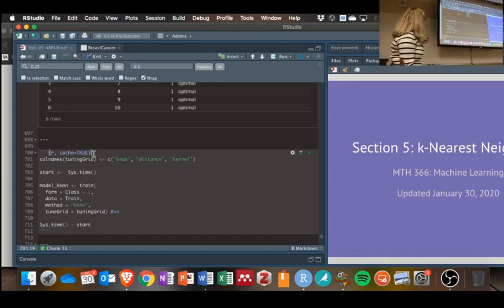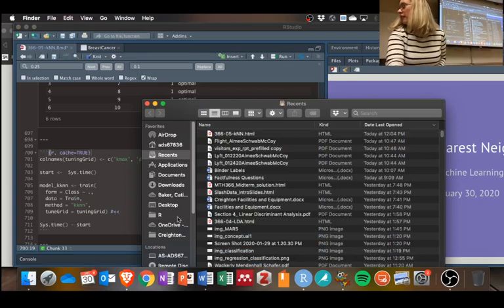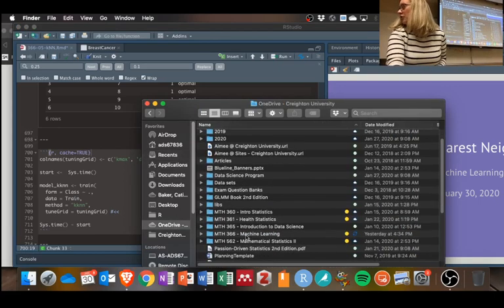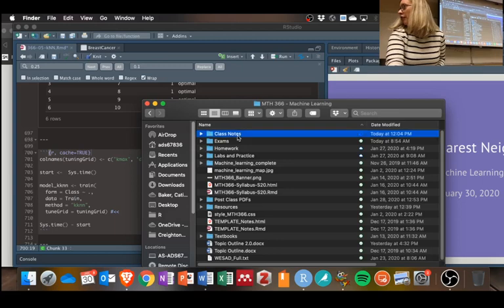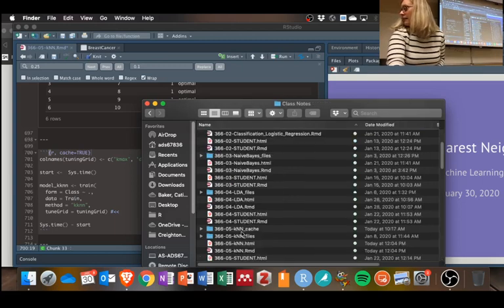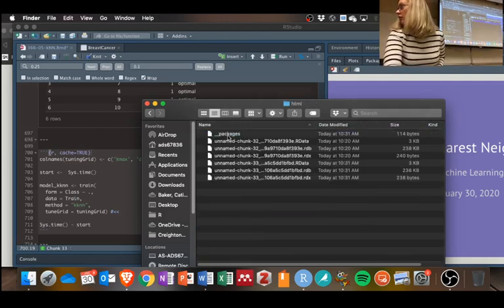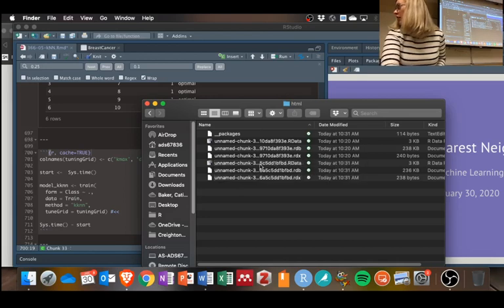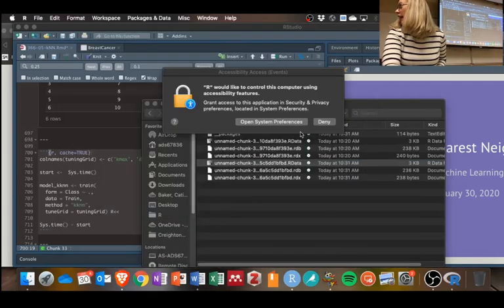What that does is that the first time you execute this chunk of code, a separate R directory will be created with a separate R data file. So if I go to my machine learning folder and look at the class notes, I'm going to see for this section a cache folder. This cache folder contains the results of my chunk, the results of the code that I just ran, as an RDB file, RDX file, RData file. If we look at that,